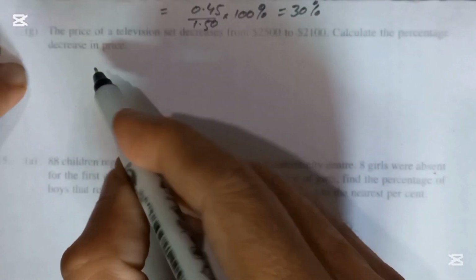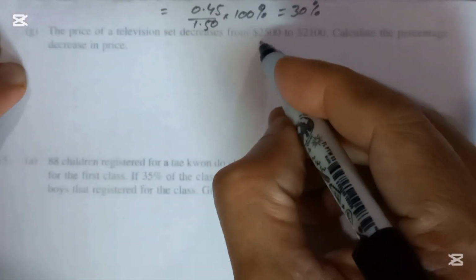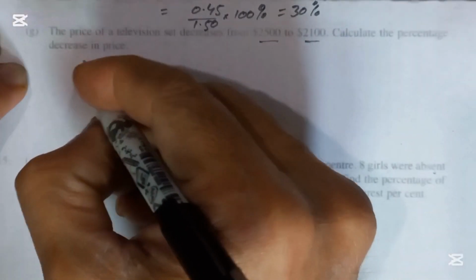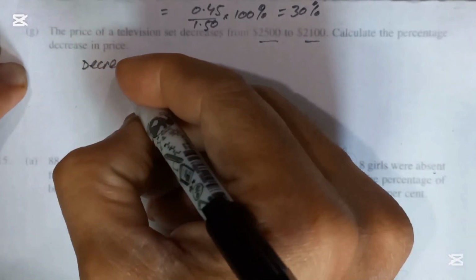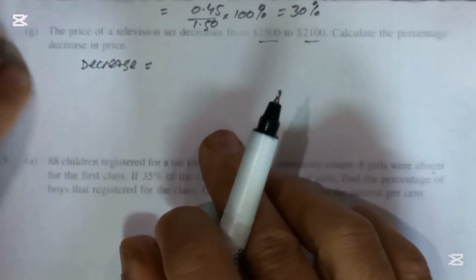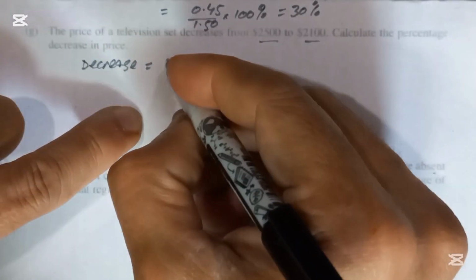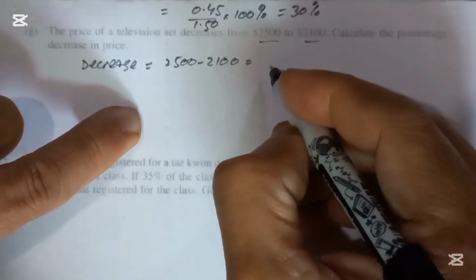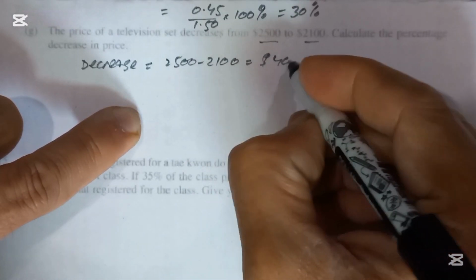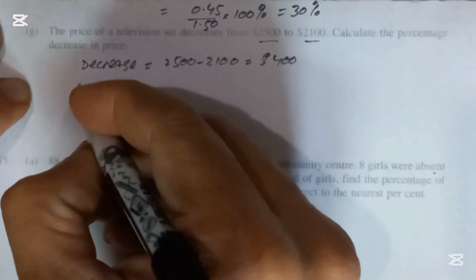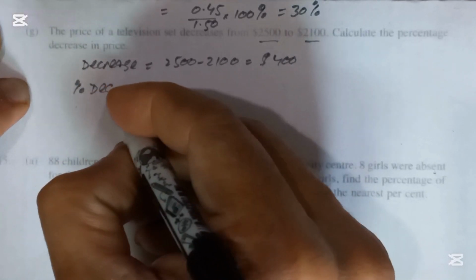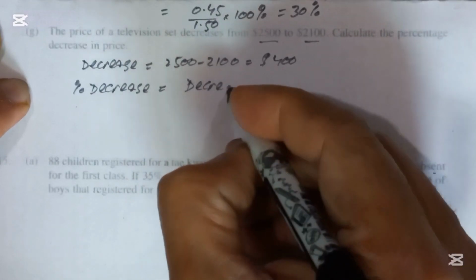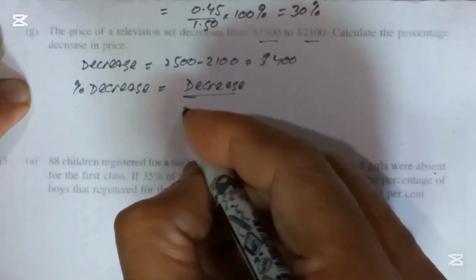The statement of the question is: the price of the television set decreased from this to this. Calculate the percentage decrease. So again, first we have to find the decrease amount. That can be found by subtracting, like 2500 minus 2100 will be equal to $400, which is the decrease. Now the formula for the percentage decrease is decrease over original amount